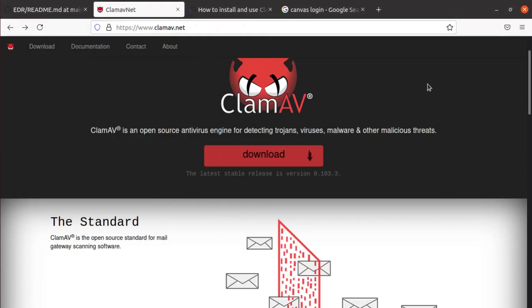In this one I wanted to introduce ClamAV, which is an open source antivirus engine for detecting trojans, viruses, malware and other malicious threats. Now this product is completely free and this usually comes as part of various Cisco installations if you have. So this is open source and funded by Cisco. And we're going to work with the latest stable release version